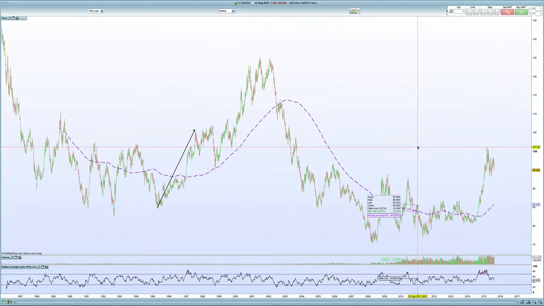Sunday, the 23rd of August 2015. I've got a chart here for the US dollar index. It's something quite important to keep in mind when looking at the commodity prices, that they're all valued in US dollars. So you need to know how the US dollar is faring.